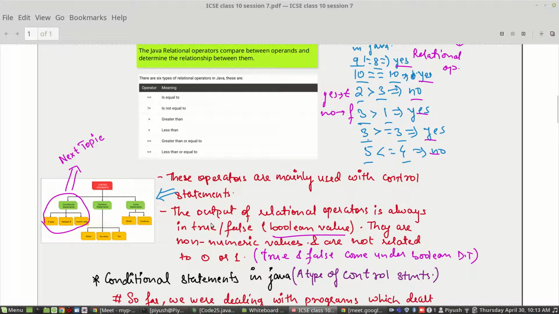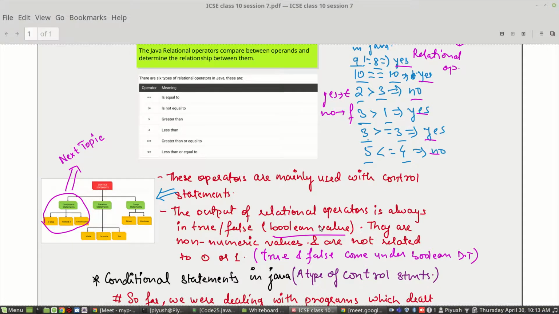True means the condition is met, and false is when the comparison or relationship is not met. So it's a way of saying yes and no by the computer. And true and false come under the Boolean data type.